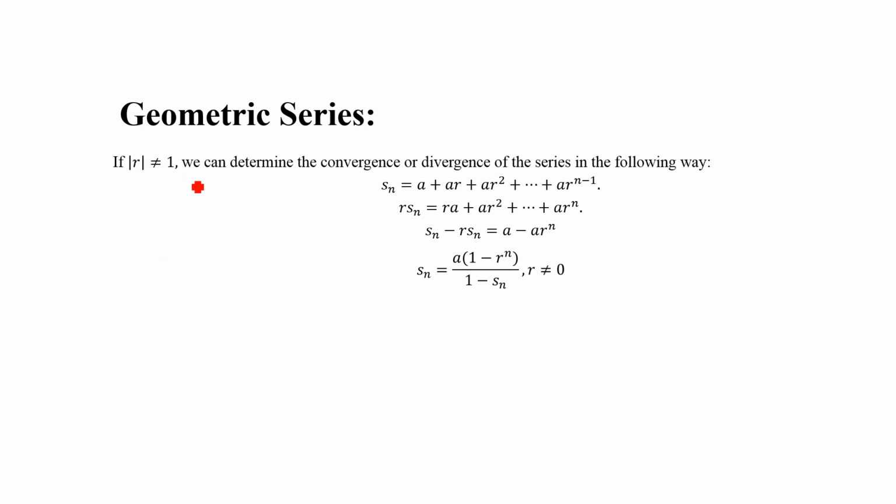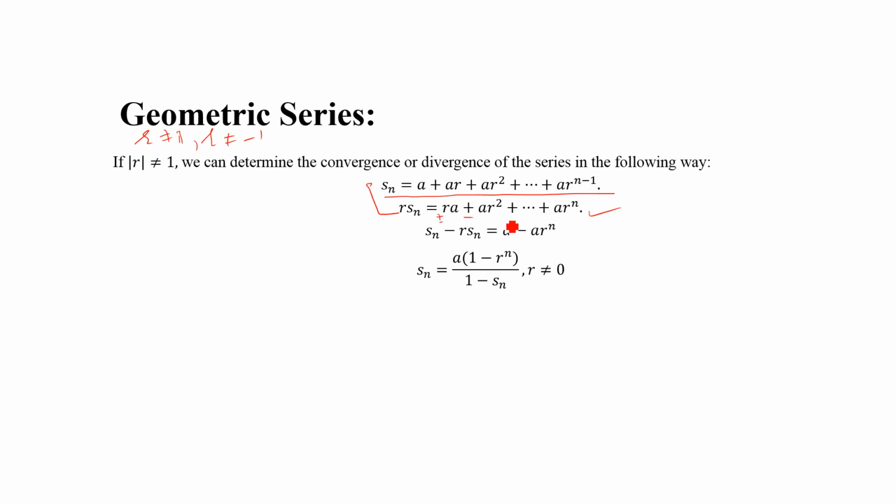And if the absolute value of r is not equal to 1, that is, r is not equal to 1 and r is not equal to minus 1, so r is other than 1 or minus 1, we can determine the convergence or divergence of the series in the following way. Here is the nth partial sum of the series, a plus ar plus ar squared, and so on. Now multiply both sides by r. We have rSn equal to ra, every term is multiplied by r, so we have rSn equal to this. Now subtracting both sums, we have Sn minus rSn equal to a minus ar^n,